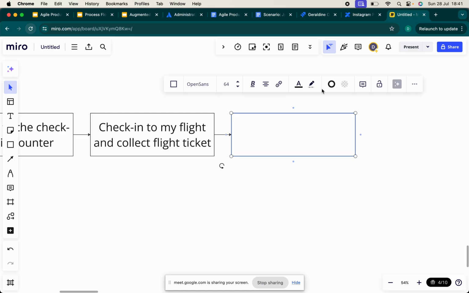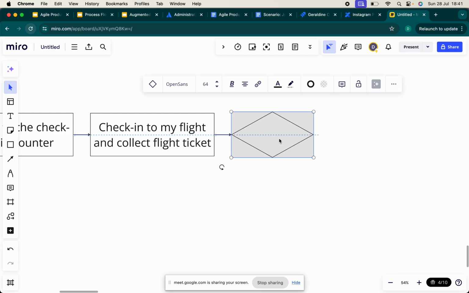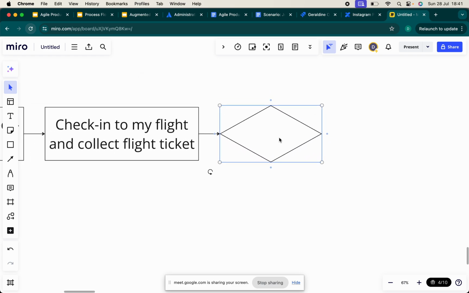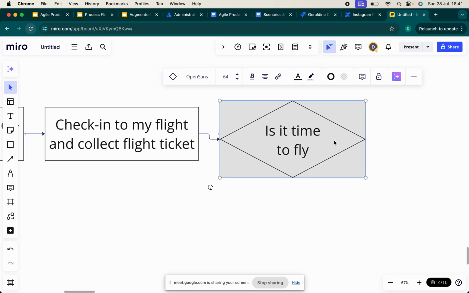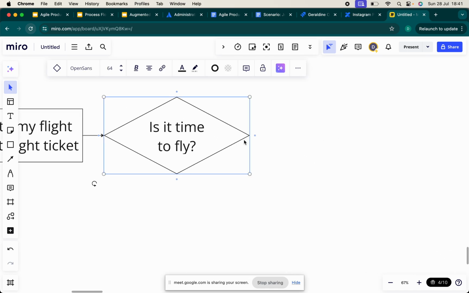we can see the concept of a decision. A decision is where there are potentially multiple things to be done. If there's more than one thing possible, or if there's a wait time, you'd say, check into my flight, okay, and you've got your ticket. What happens? You wait. So you wait around the airport until when? Until when it's time to fly. So we can capture that by decision. We say, is it time to fly? Is it time to fly? And if the answer is yes,